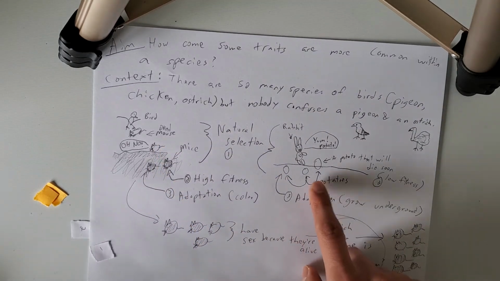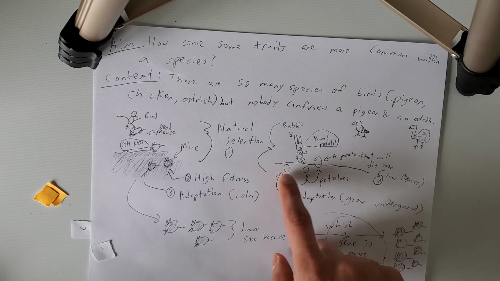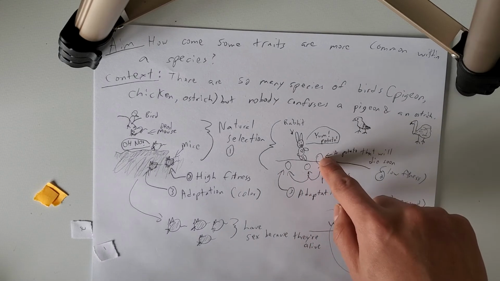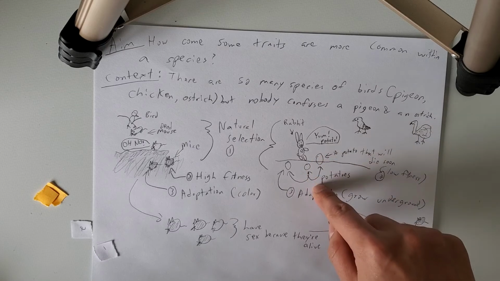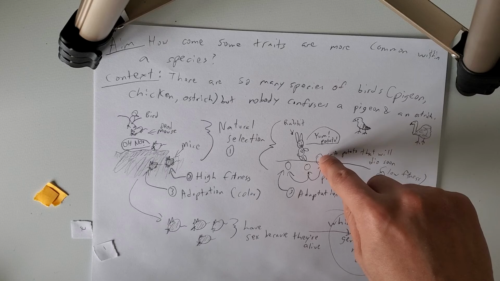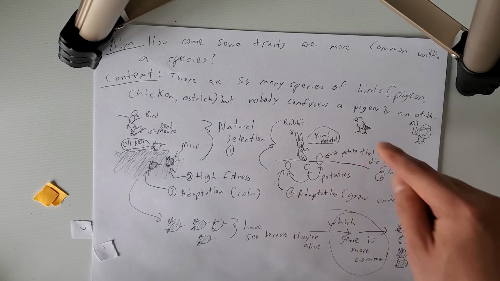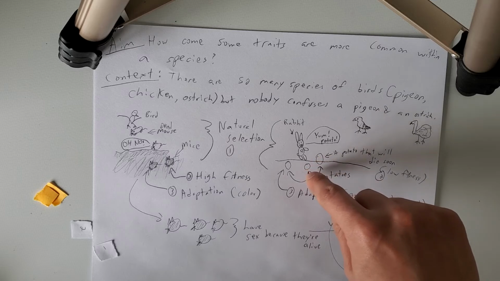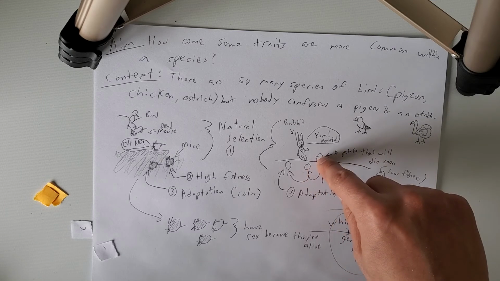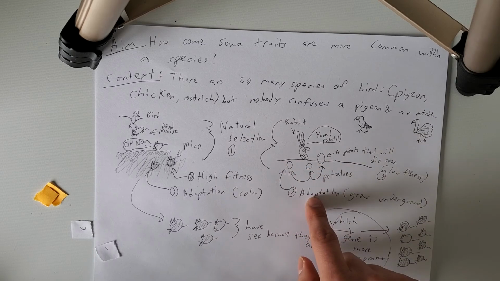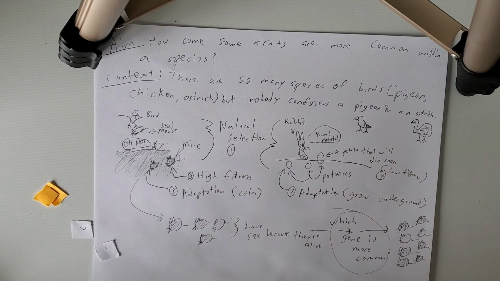Same thing for over here. These potatoes, they have the adaptation. They can grow underground. This potato over here, can it choose its traits and grow underground? No. The genes that are inside of it were given to it when it was born, and so it cannot change its traits. That's the adaptation that it's not able to get because it can't change its genes. These 2 potatoes have the adaptation because they were born with the gene.